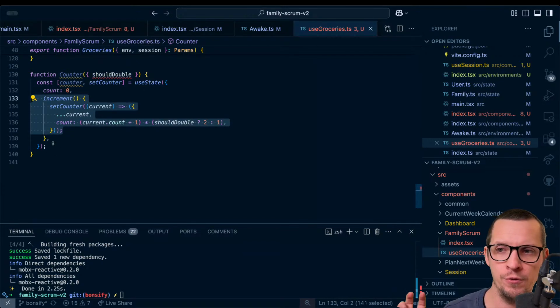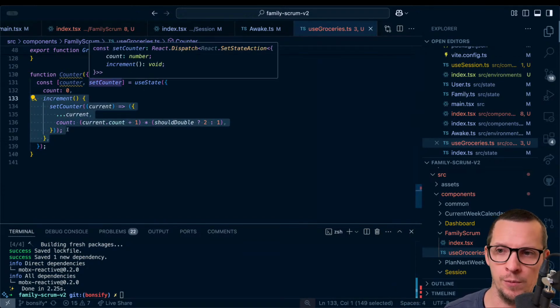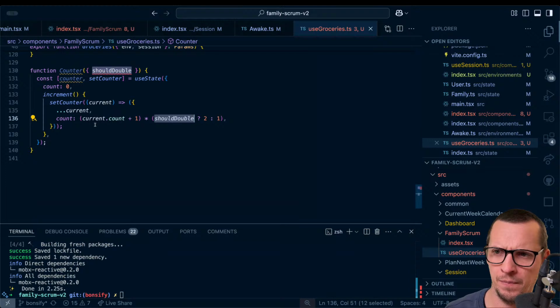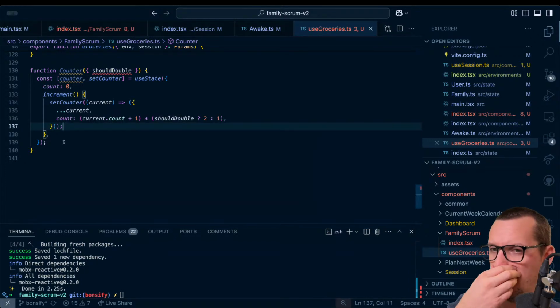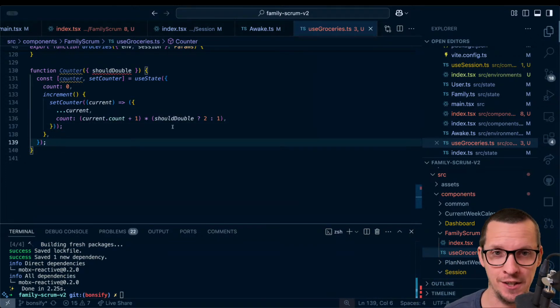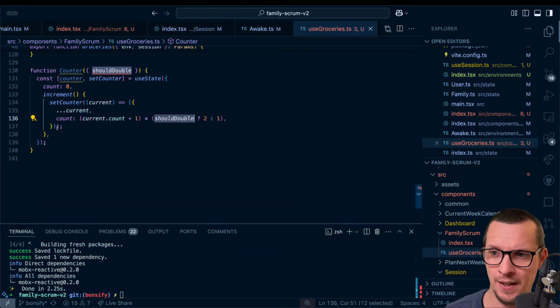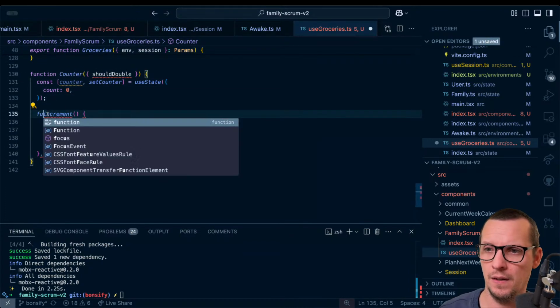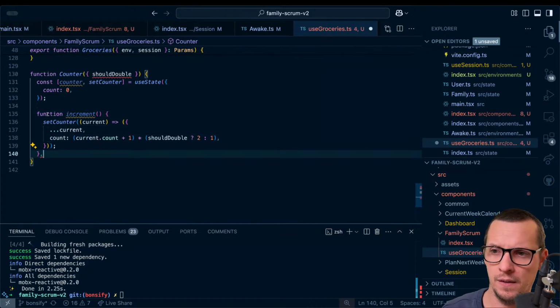But now we're closing over the current state of should double until we actually do an increment. Then it updates, right? Because then we're setting a new... no, not even then. Sorry. We're closing over it, so it never changes, right? As opposed to if we do this thing, now it's always up to date with the props.